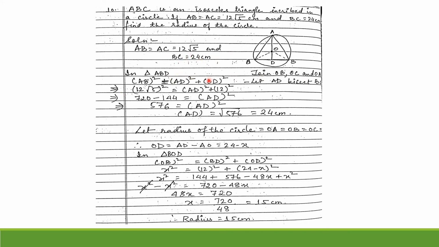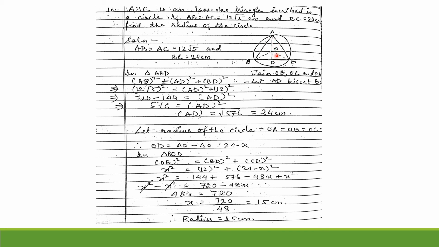So we know that since AB and AC are equal and BC is equal to 24 centimeters, let us solve using Pythagoras theorem here again in triangle ABD, so that we can find out the length of AD here. So we get root over 576, that is equal to 24 centimeters. Now remember, 24 centimeters includes a certain portion of the radius of the circle. So if we can find out the distance OD, which is the distance of the center from the chord, then we can find out the radius of the circle also.